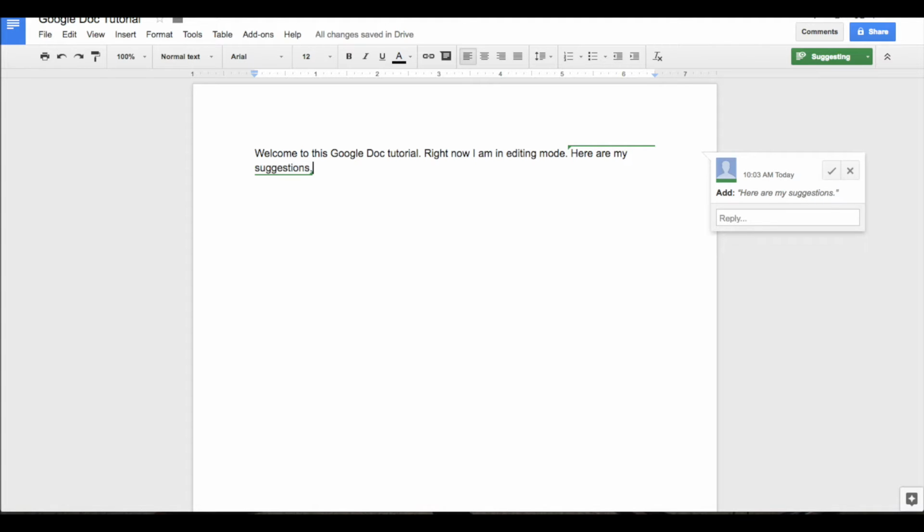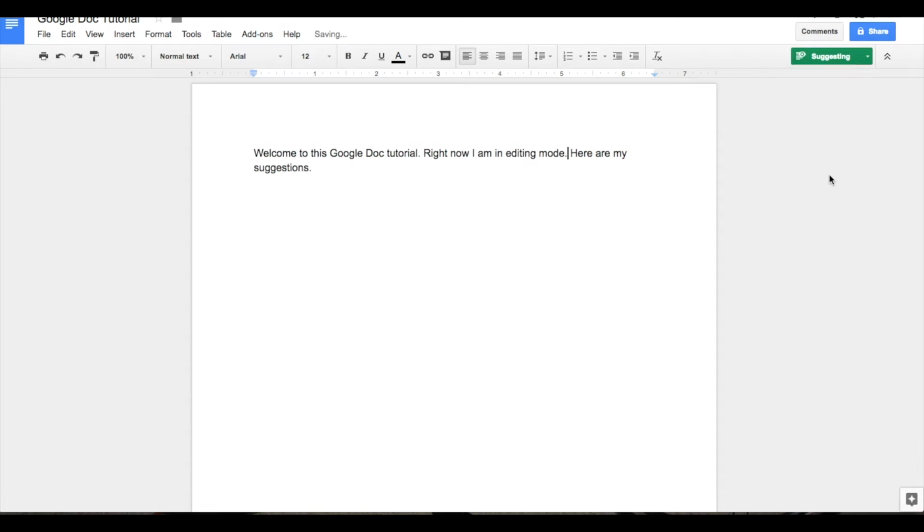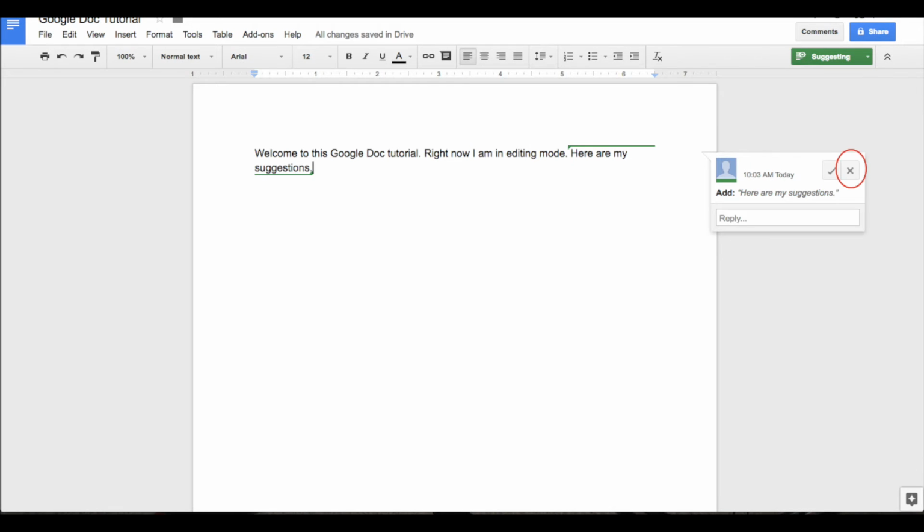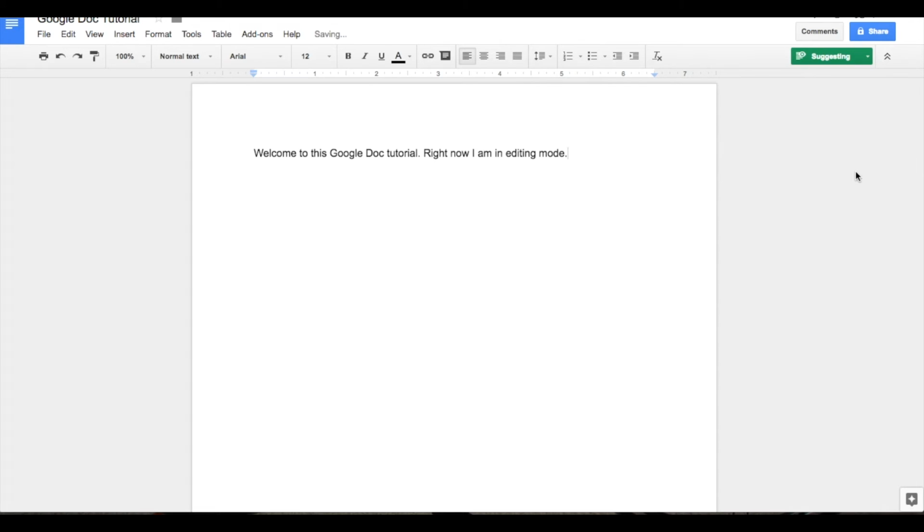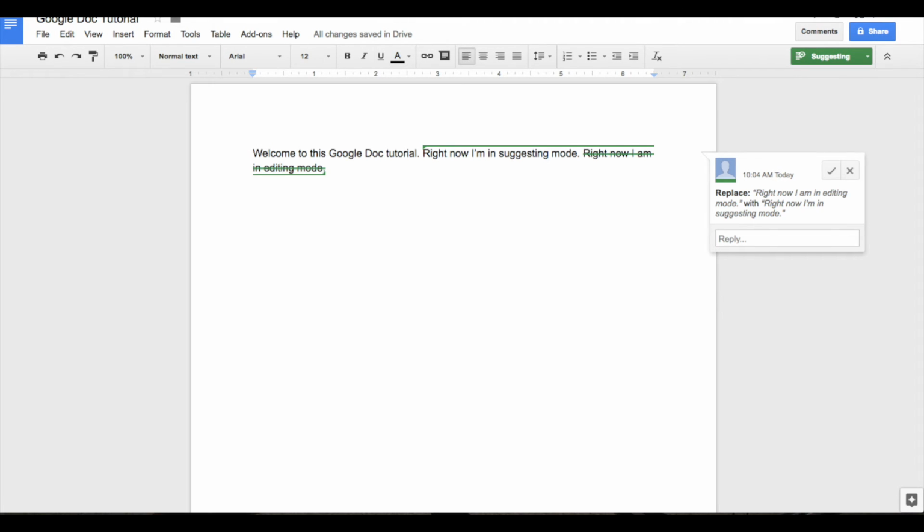If I accept it, I press the little check over here. If I don't accept it, then I press the X. So I can either press the check to accept it, and now it becomes a real thing, or I can press the X, reject it, and it goes away. This applies as well if I highlight some text. I can change it, and now I have a replacement option. I can either accept it, see it changed it, or I can reject it, and it goes back to what